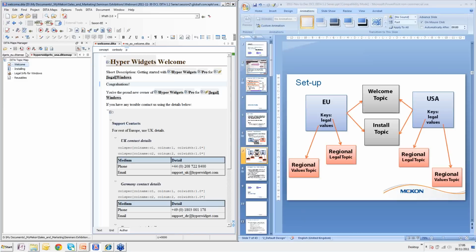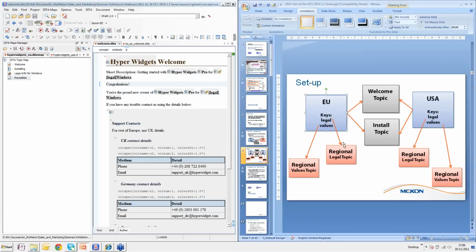In both maps, you can see that there's no change when I click back and forth because the maps have got the same structure to them exactly. So they both go welcome, installing, and then there's legal info for Windows, and then there's a reusable topic. And the way that works under the hood is, I've got my EU map over here, and that's linking to the welcome topic, which was the first topic in the map. Then there's installation topic, installing,